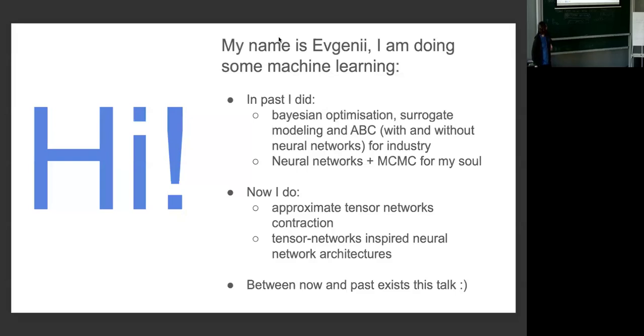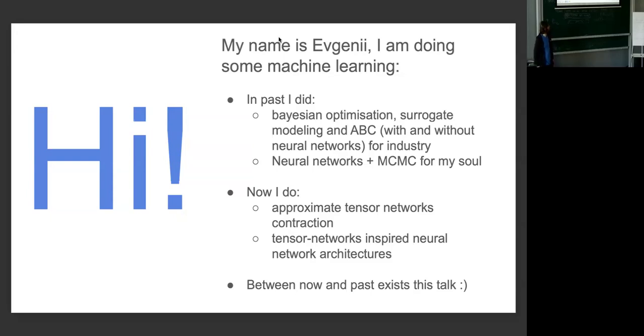So I'm doing machine learning. Before, I did a bit of work in machine learning in the industry for surrogate modeling. Now, in the past year and a half, I'm more focused on things related to approximate tensor network contraction, right? And a bit of my way to this problem was